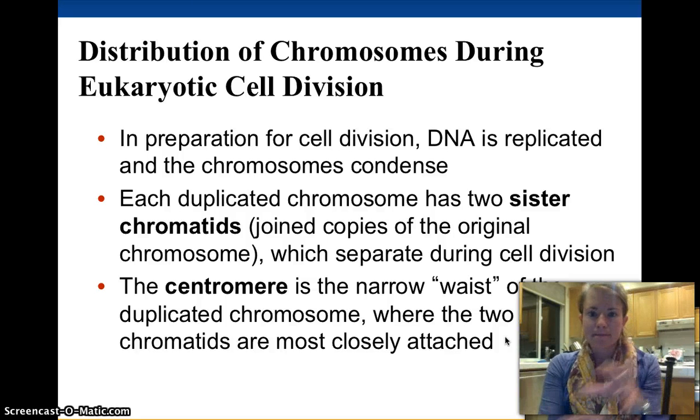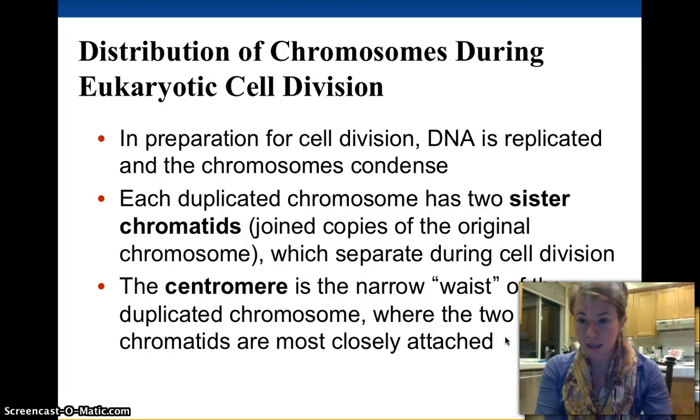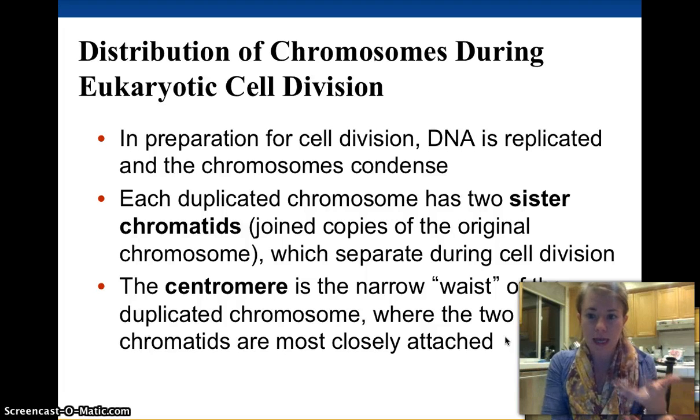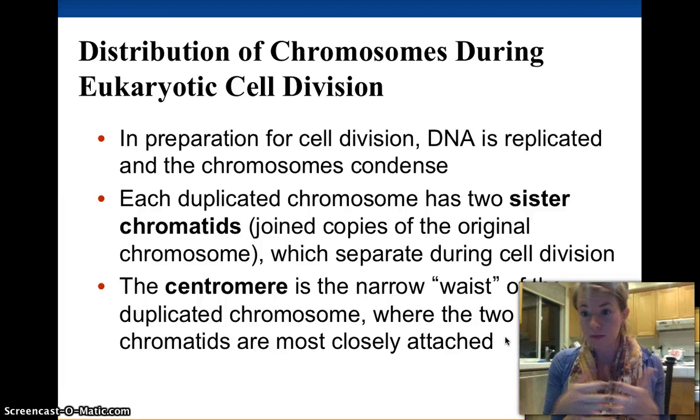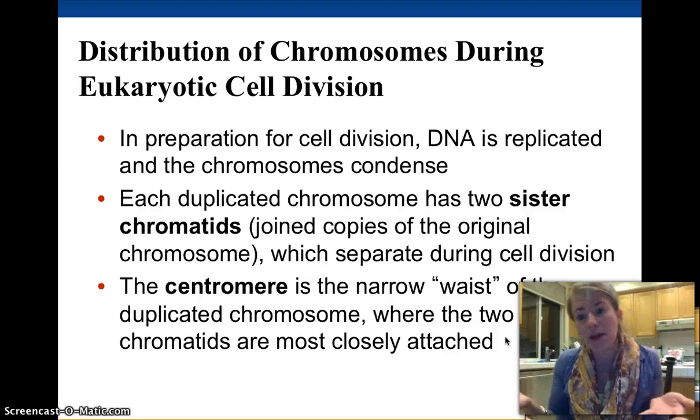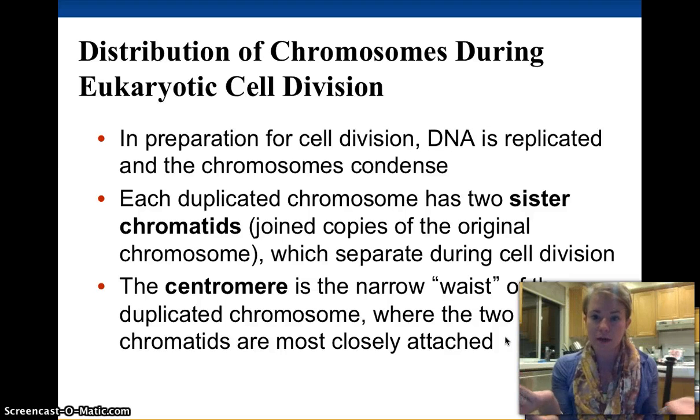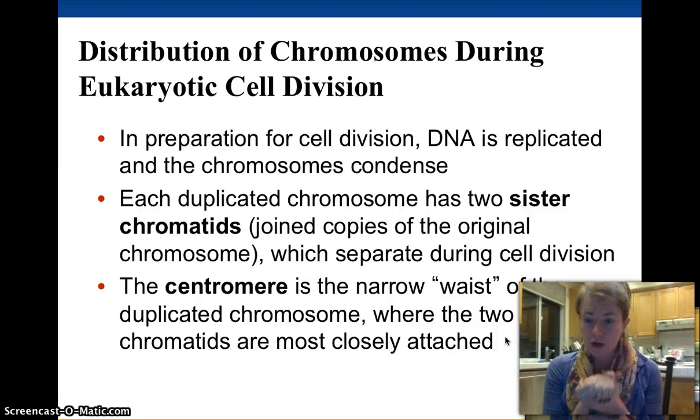Okay, so during the cell cycle, we have to replicate our DNA, because how else are we going to get an even number into both of them, right? Each cell has the perfect amount of DNA, but to make 2 new cells, we have to double that. That way we have 1 set for one cell, 1 set for another. And the chromosomes condense. What that means is it goes from looking like a bowl of noodles into those big X-shaped things that we are familiar with. So that's what chromosomes condensing is.